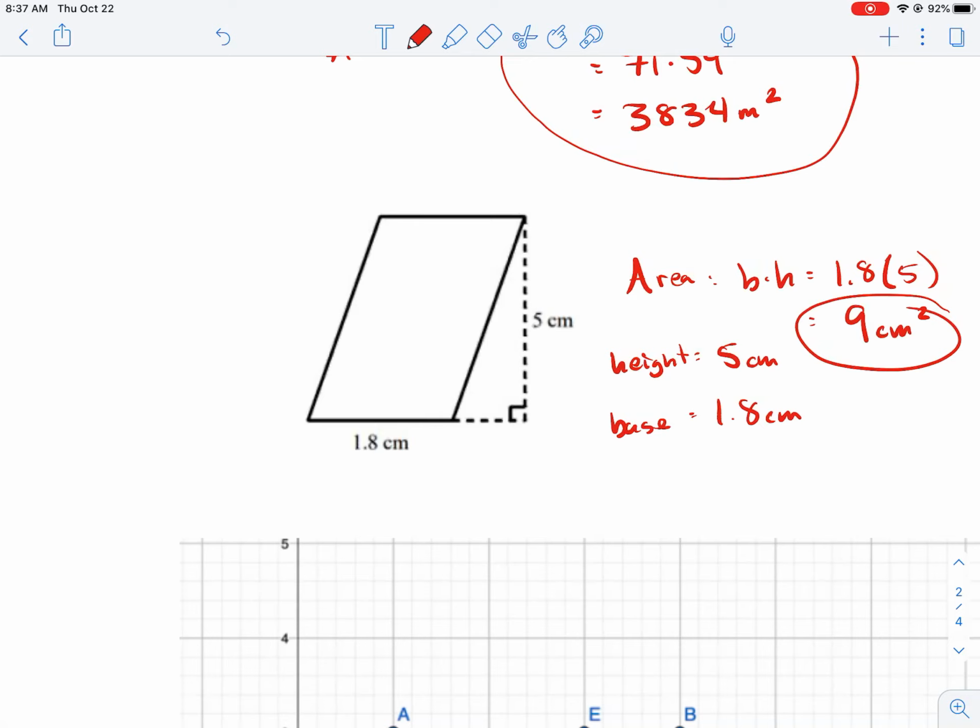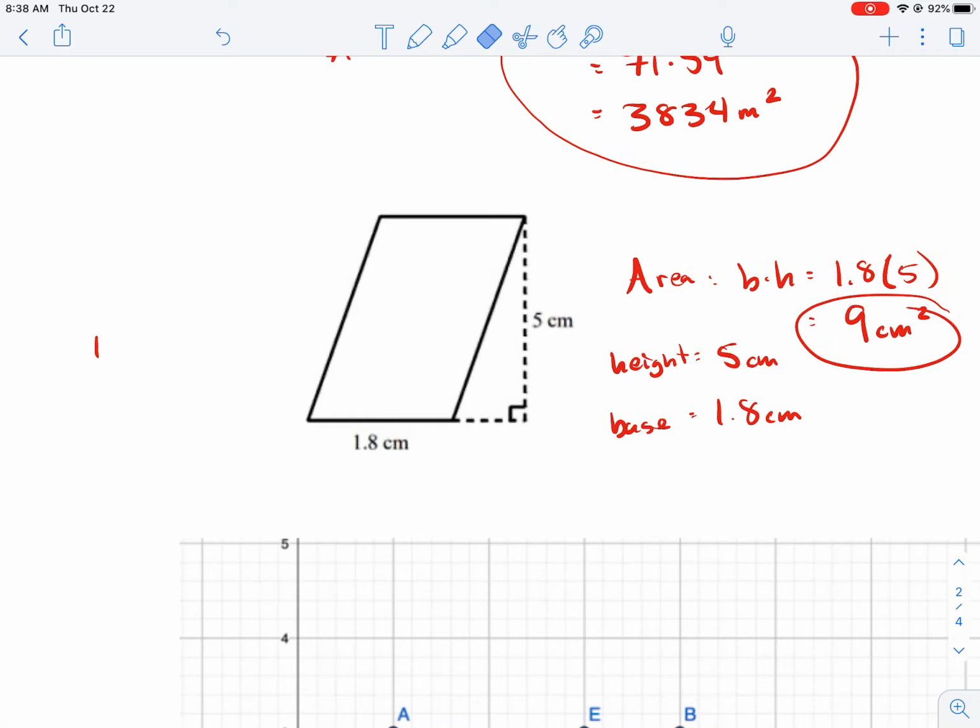9 1x1 boxes inside this parallelogram, which is kind of neat. That doesn't look like we would have a nice number like that, but we do, okay? So 9 centimeters squared, right? Our 1x1 boxes are 1 centimeter by 1 centimeter. Just remember that when we're finding the area, that's what we're doing. We're finding how many 1x1 boxes fit inside these shapes. Now, for the perimeter, though,